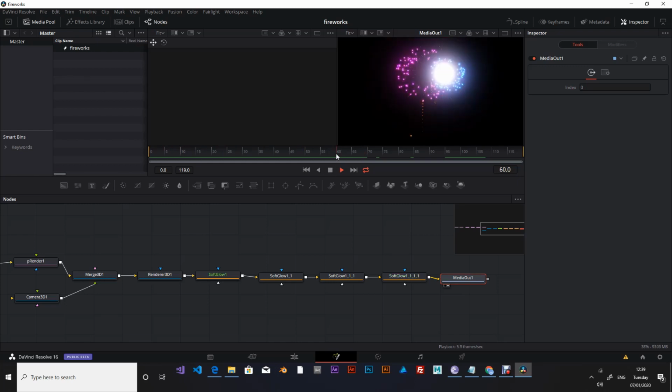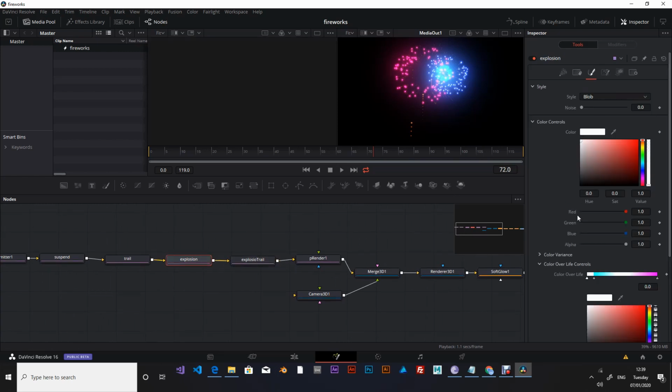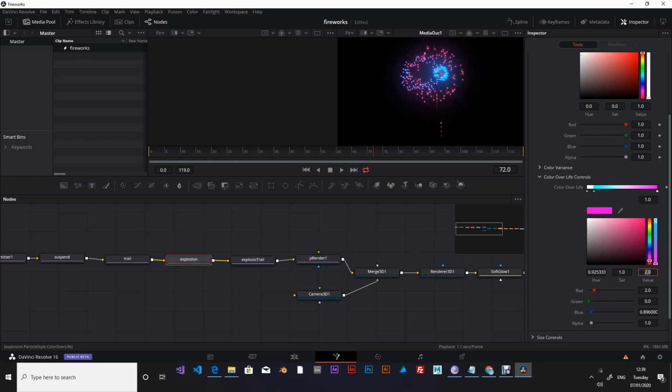I think it's too much, so we're gonna go into the explosion, and under the first color we want to reduce from 10 to about 5, and also reduce this one to 2 and reduce that one to 2 as well. I think 3 is alright. Leave it at 3 if it's 2 or 3. Great. So we reduce this one to like 6,